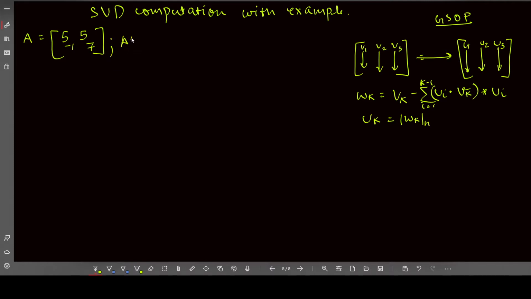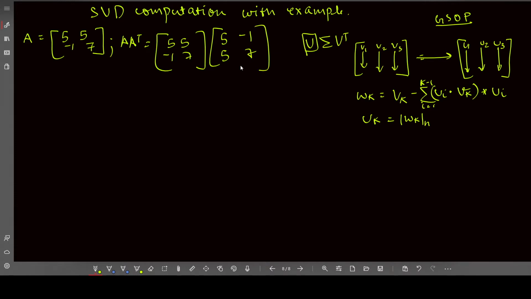So first, let's compute A transpose. We need this to compute the U matrix in U sigma V transpose, right? This is what makes up the SVD. So we need A transpose to get the value of the U matrix. So this is basically 5, 5, minus 1, 7, and 5, minus 1, 5, 7, right? So when you multiply this,